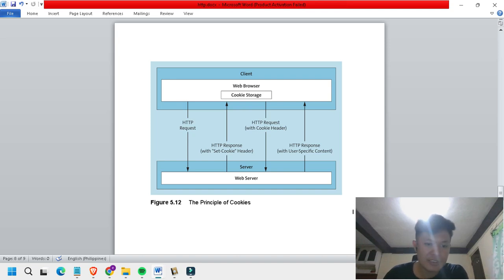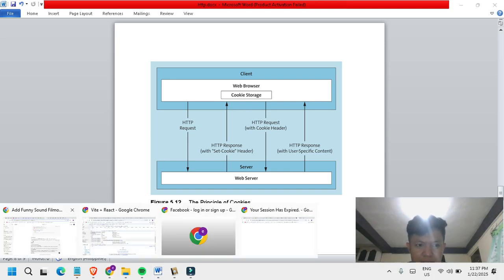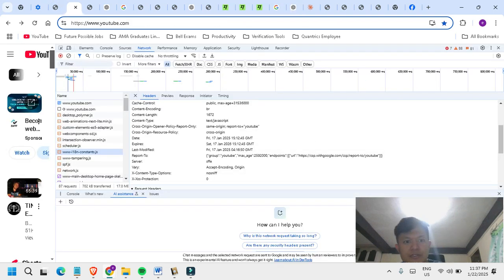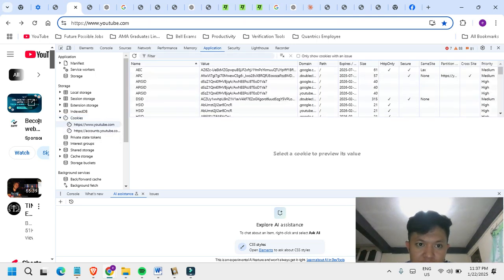So I think one of the best ways to understand that is here. You can see that in Application and then Cookies. So YouTube here stores the name and then the value. That's the essential part.